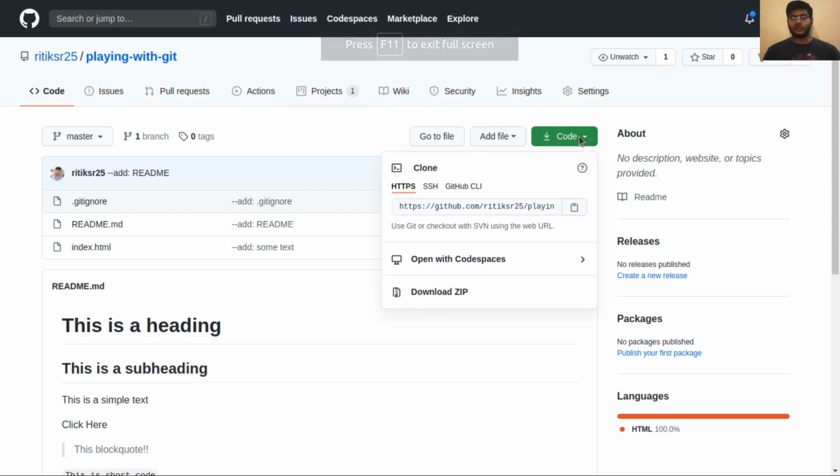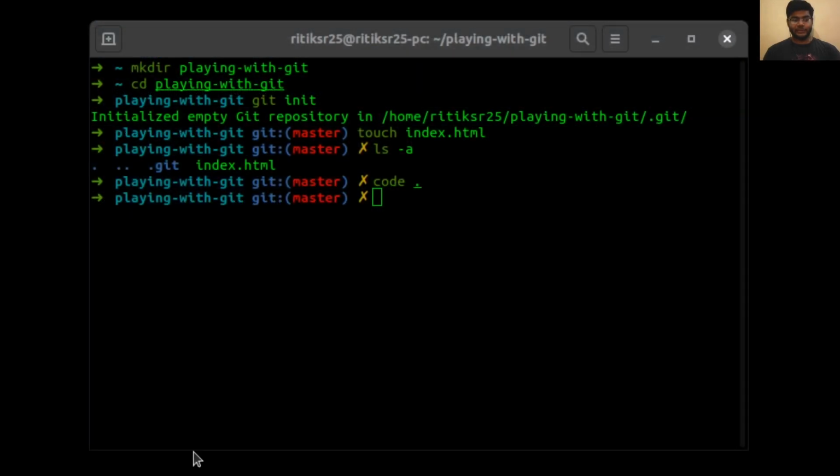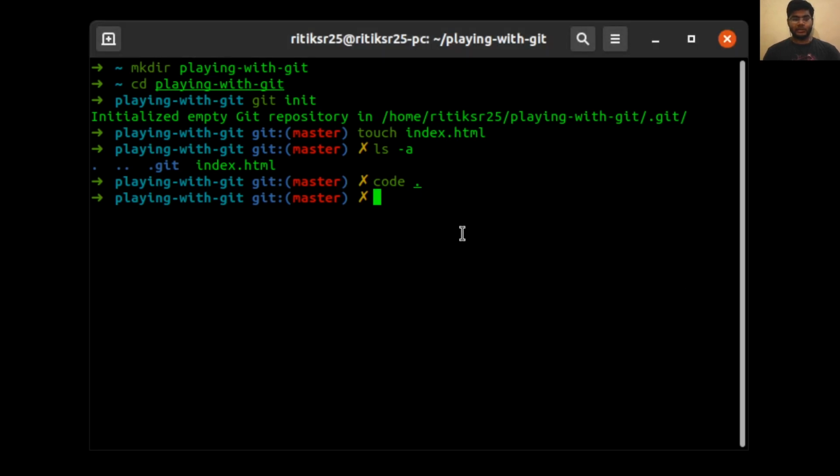So in the code here, you will find this option, the URL of this repository. So you can copy it. Let's move to our terminal, and in the terminal let's move to our home directory.